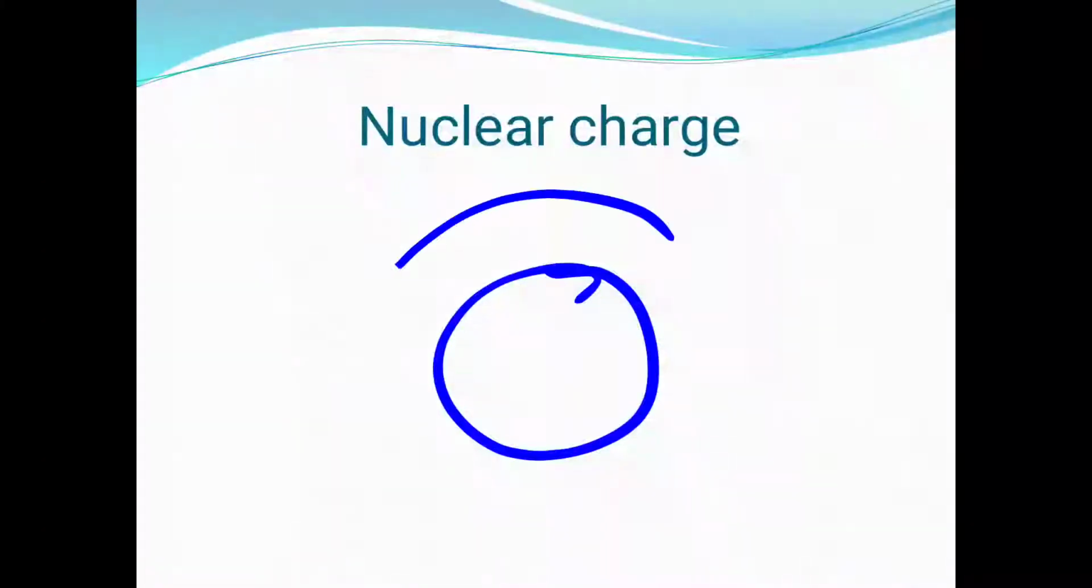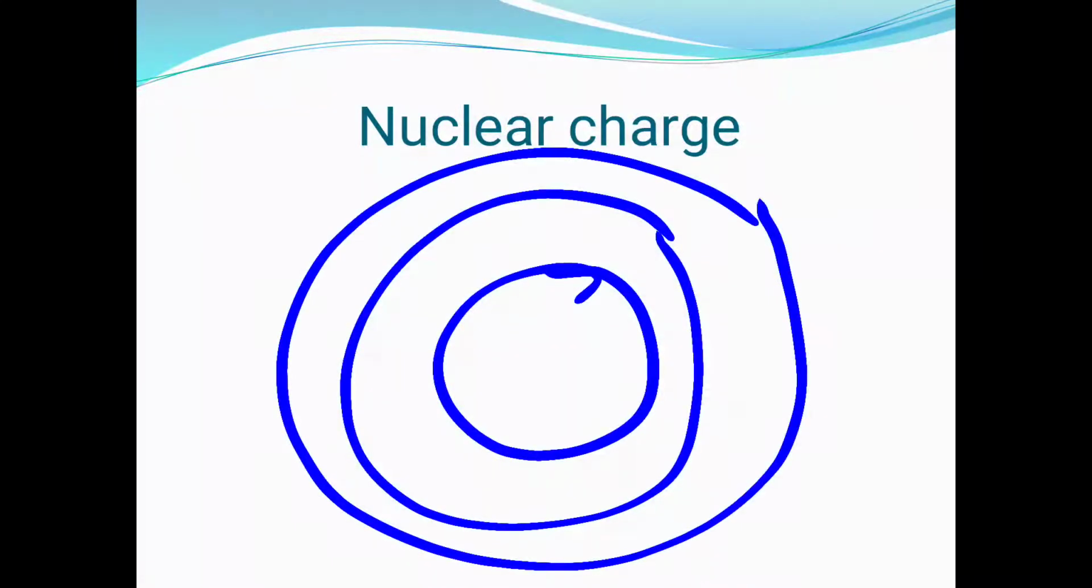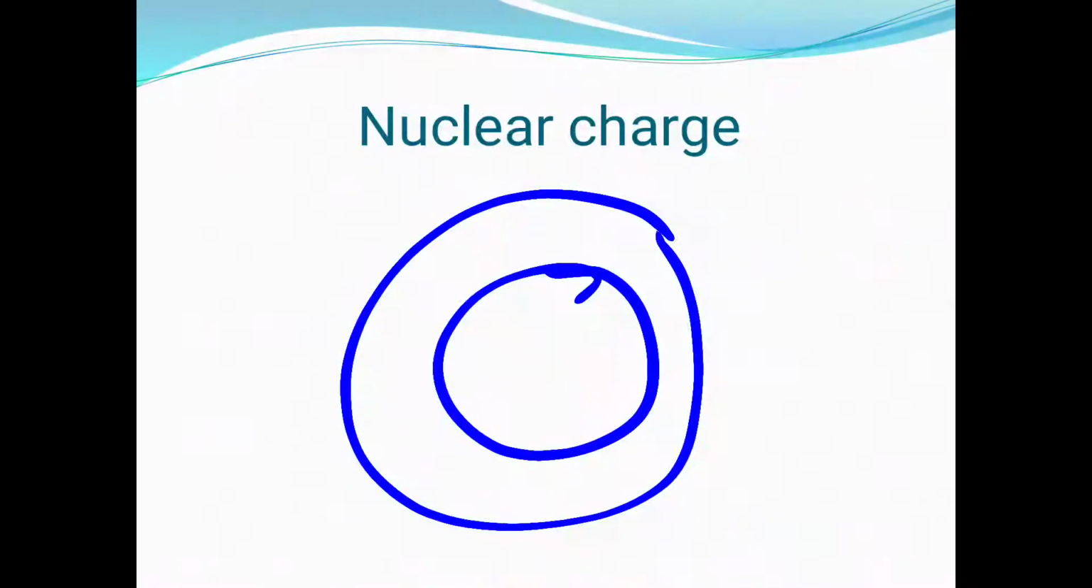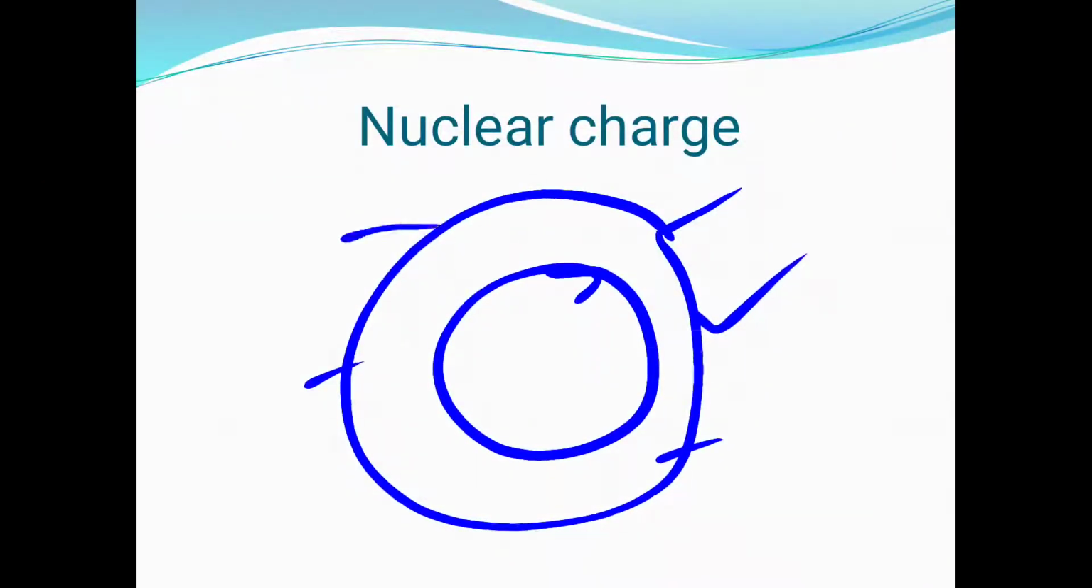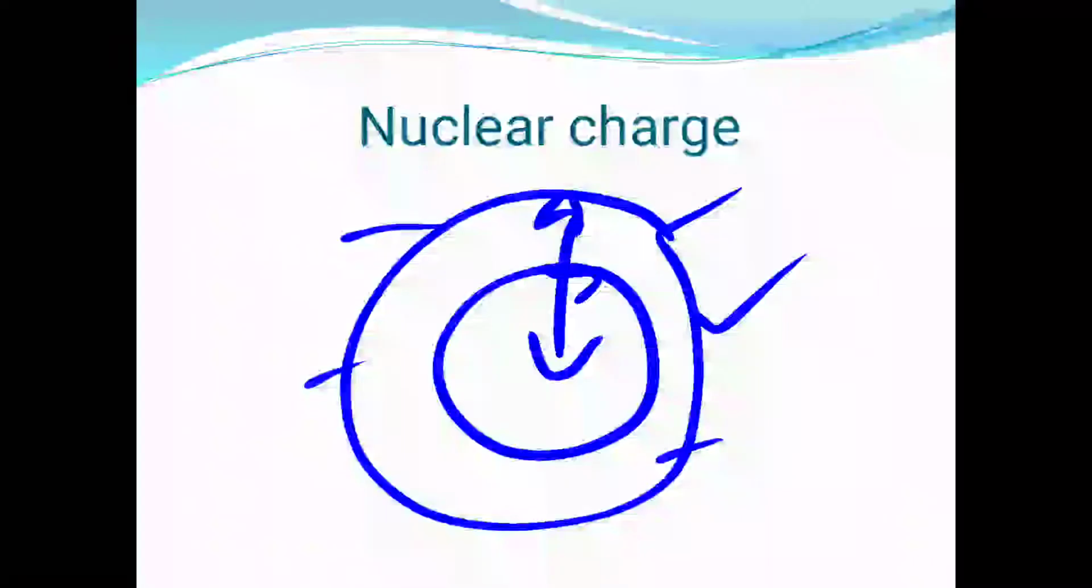So surrounding the nucleus, orbits are present, okay? So these orbits have electrons arranged on them. We know that electrons are negatively charged particles. That's why the positively charged nucleus keeps holding the negatively charged electrons because of the force of attraction between them,